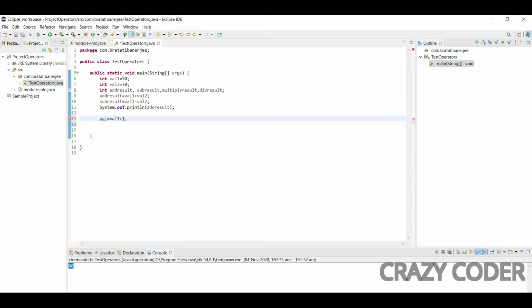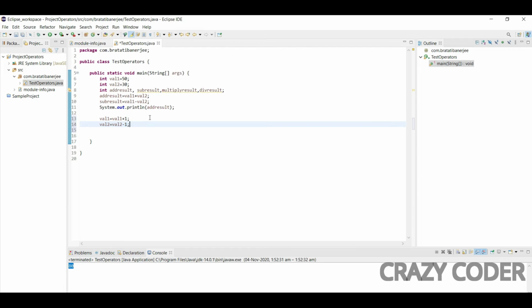That is how we increment any value by 1. Or in case I want to decrease the value of val2, I will write val2 equals val2 minus 1. So this is how we do it.